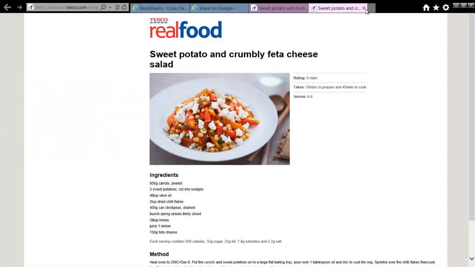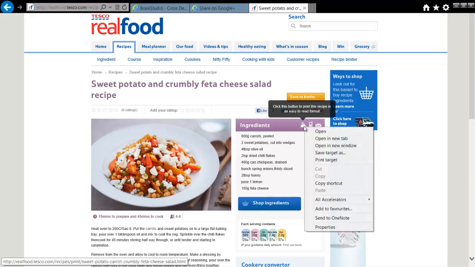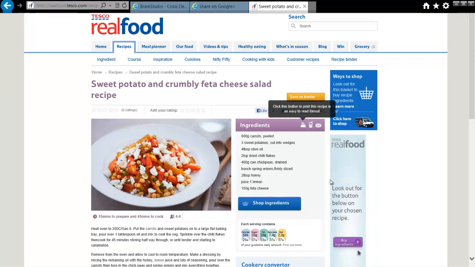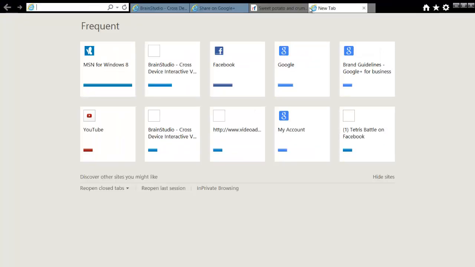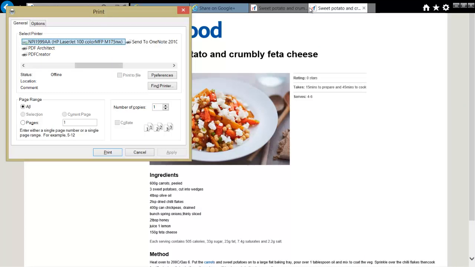So what we can do is if we go back to this web page, we can copy the link that this is taking us to. So copy shortcut. So now if we go to this URL directly, it takes us straight to the print dialog box. Now what this means is in our